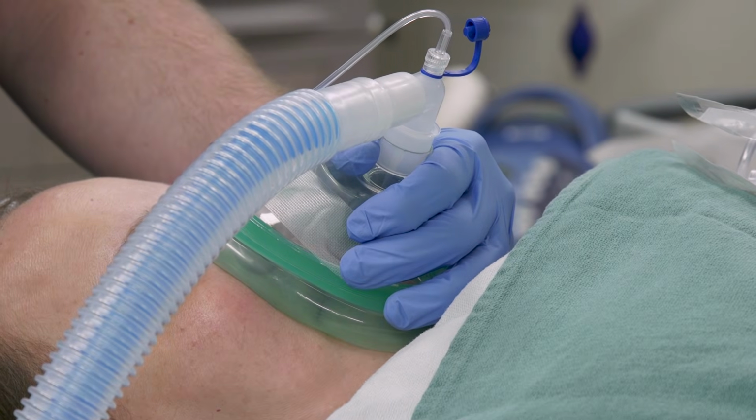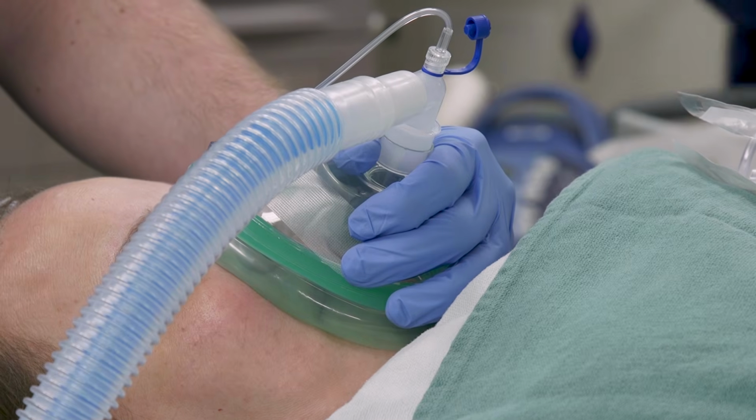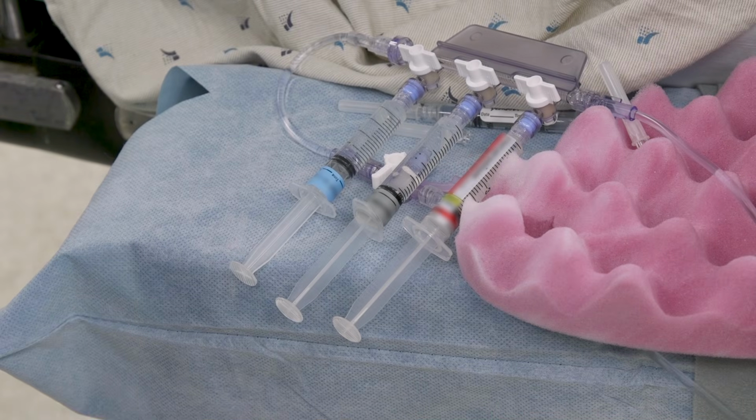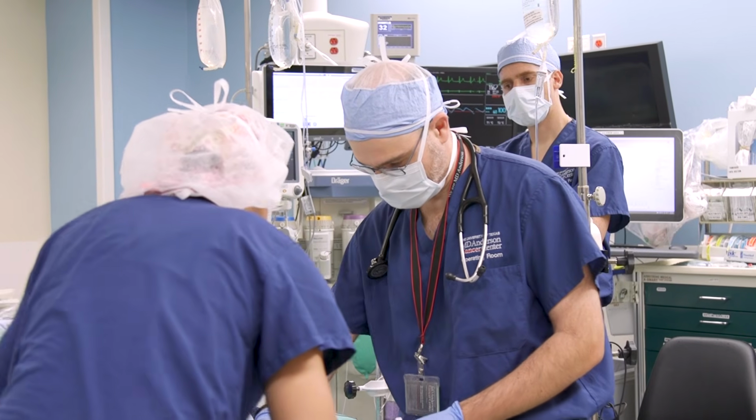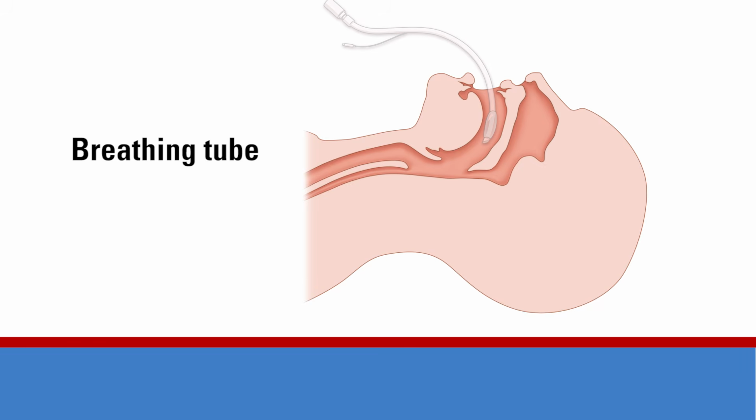A mask is placed over your nose and mouth to give you oxygen. The anesthesiologist will give you the anesthetic through an IV and closely monitor your vital body functions. After you lose consciousness, a breathing tube or other breathing device will be inserted into your mouth to help you